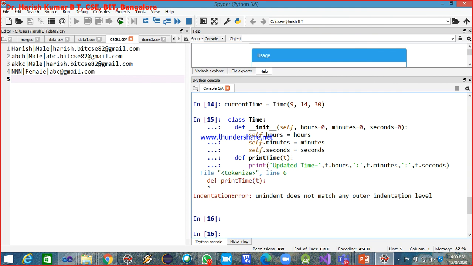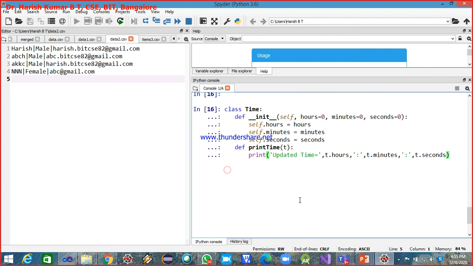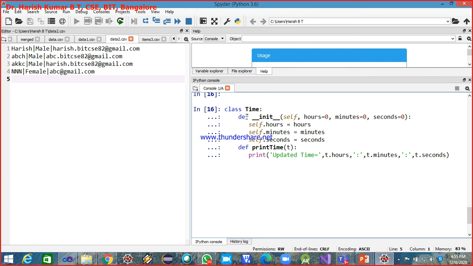What happened? Okay, let me check. So only the indentation problem. Tab, this also. Tab, and we want these statements to be under this.